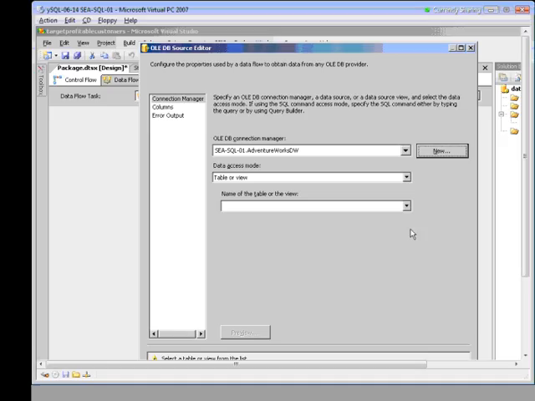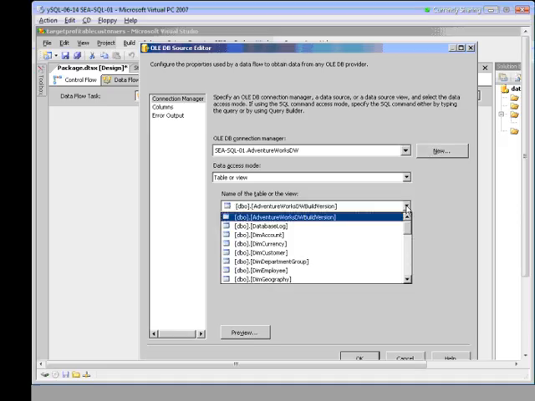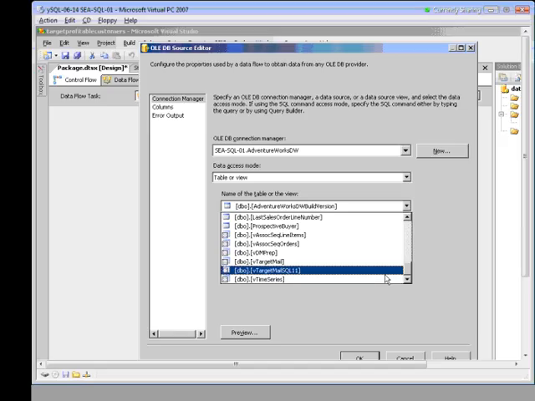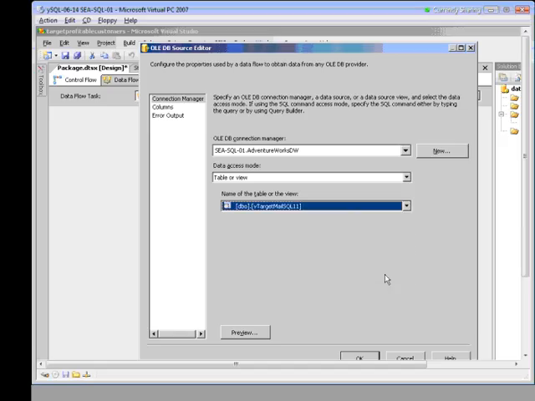And now I specify the table or view that I want to work with. We're going to pull a table called Target Mail SQL 11. This is inside the AdventureWorks DW database. I think it's all the way at the bottom here. Let me scroll down. There it is, next to last one in my list. So Target Mail SQL 11 is the name of the table we want to work with. When I've done this webcast before, people have emailed me after the webcast saying, hey, I couldn't find the Target Mail SQL 11 table. In the standard AdventureWorks database, it's not there. You've got to go to the AdventureWorks DW data warehouse one, and then you'll be able to find that one. So we go ahead and click OK there.